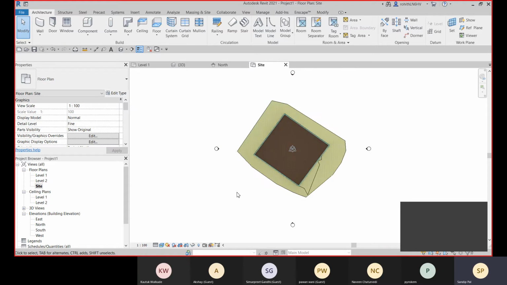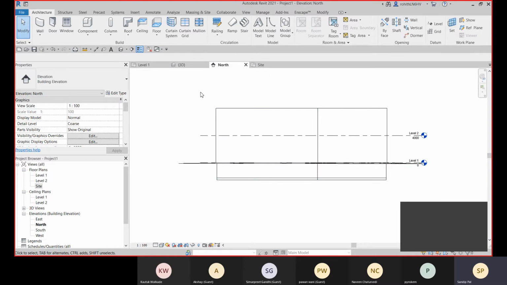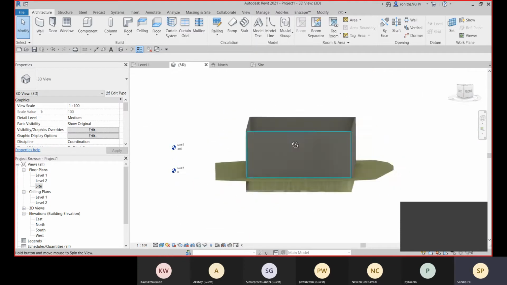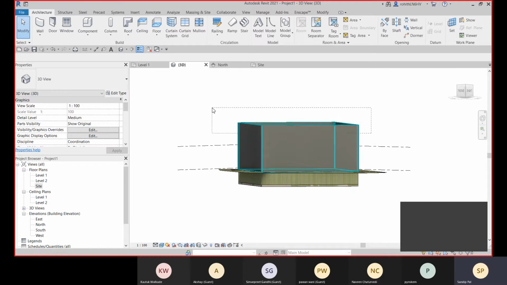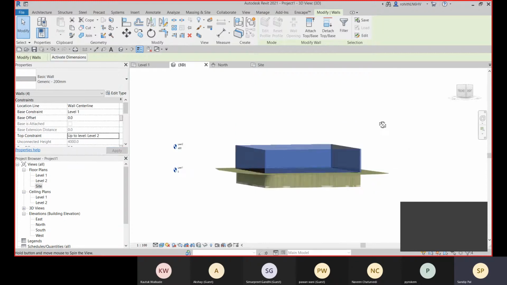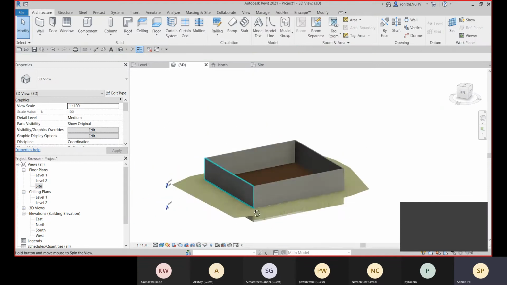We can override our visibility of any element. Now we are using this Revit file. We have linked this Revit file here, and after that we will start creating our model. So here, let me connect it to the level 2. Okay, so this wall is created.